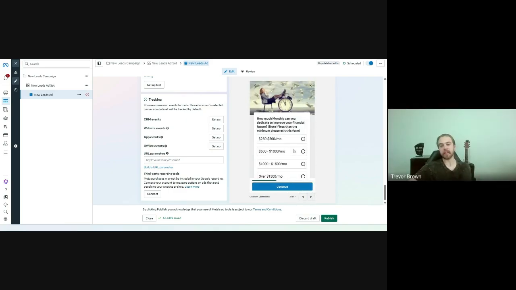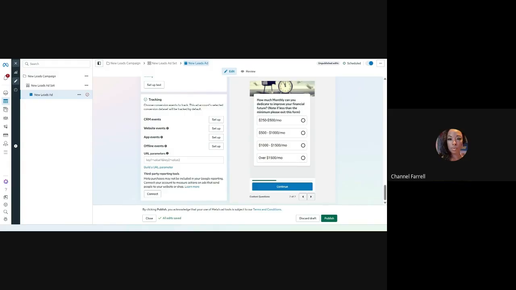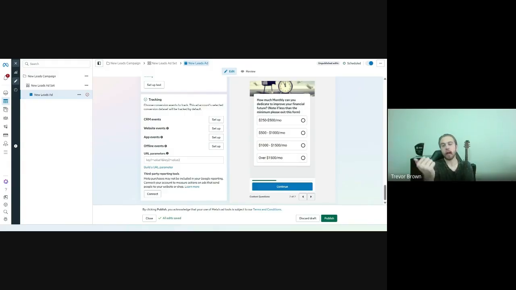Cool. And then the second one is we literally price anchor them in the ad. We're asking for a monthly minimum contribution. One, it needs to be a policy worth your time, and two, they need to be able to overfund it so the policy doesn't lapse. Exactly. And if we price anchor them at $250 to $1,500 a month, you're not really going to get people asking, oh, what does it cost?